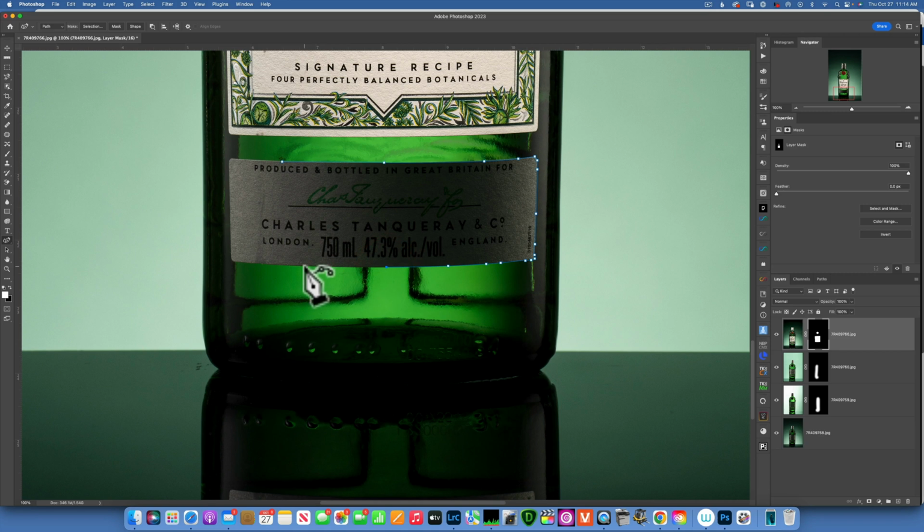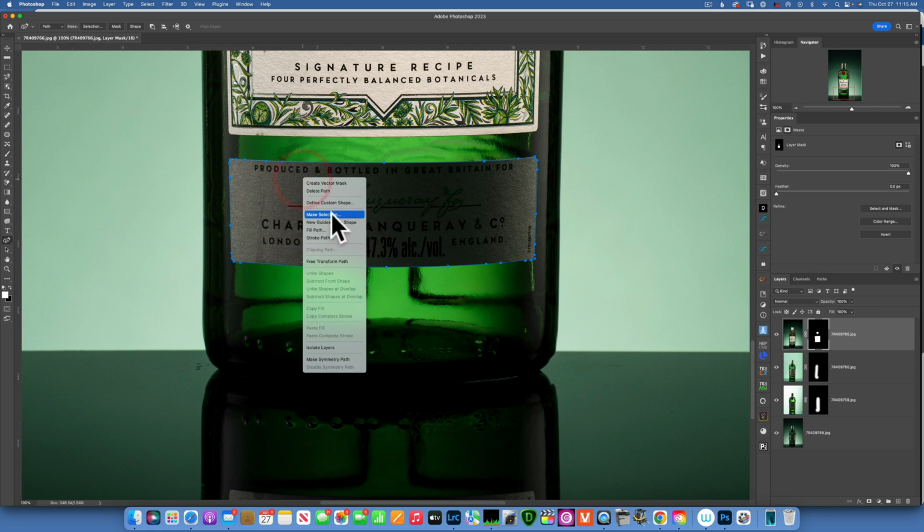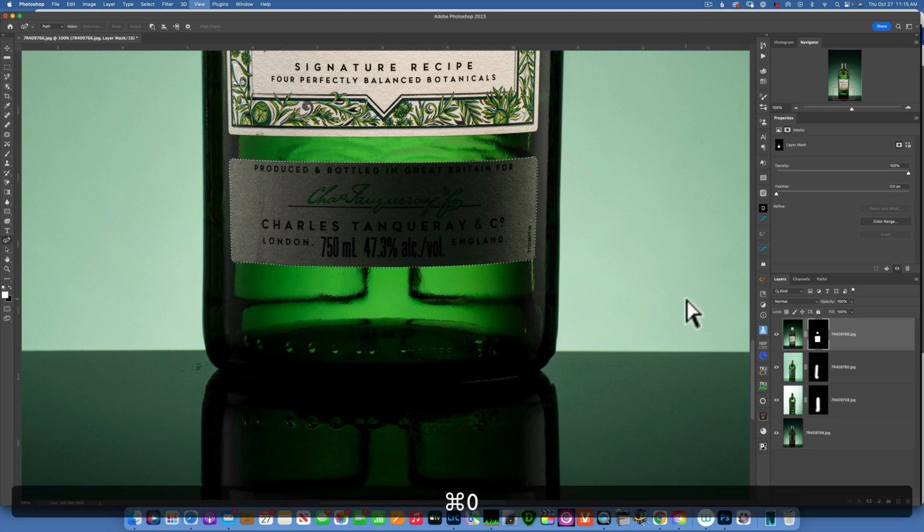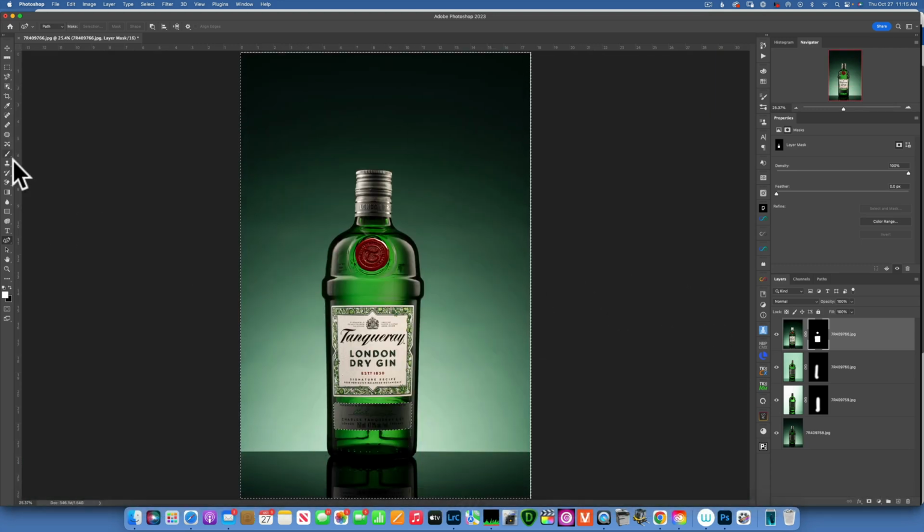And click, click, click. That's how you make the selection. There we go. Right click, make selection. Okay. And now let's Command 0. And with the brush,